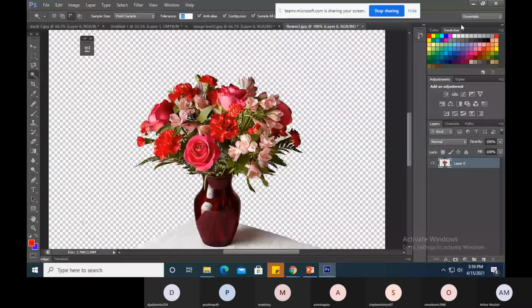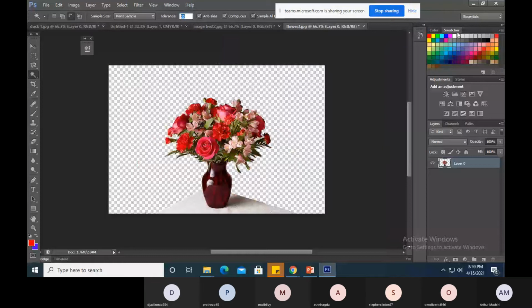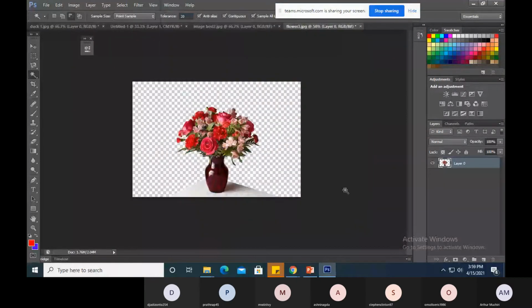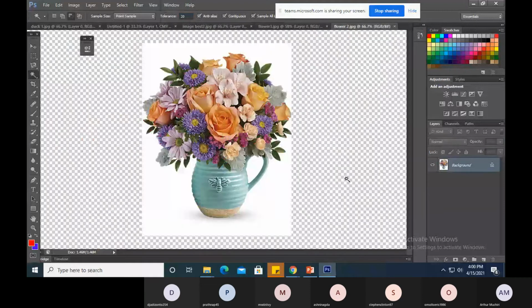Let me open flower 3. File, open flower 2. Let's work with flower 2. This one here has a white background, so this one will be very easy. It will be very easy to delete this background using